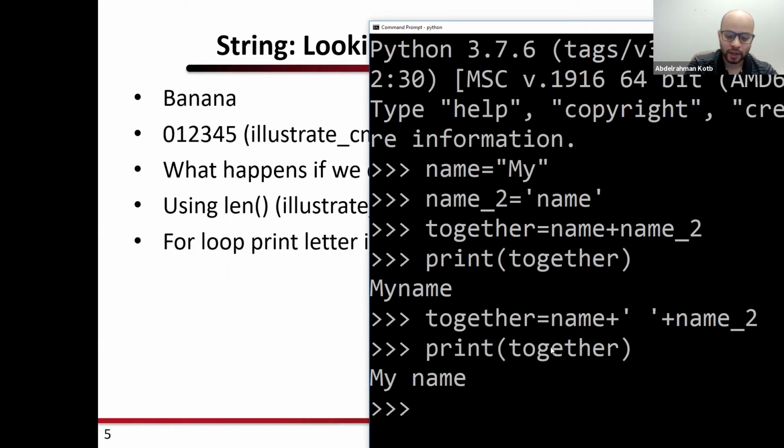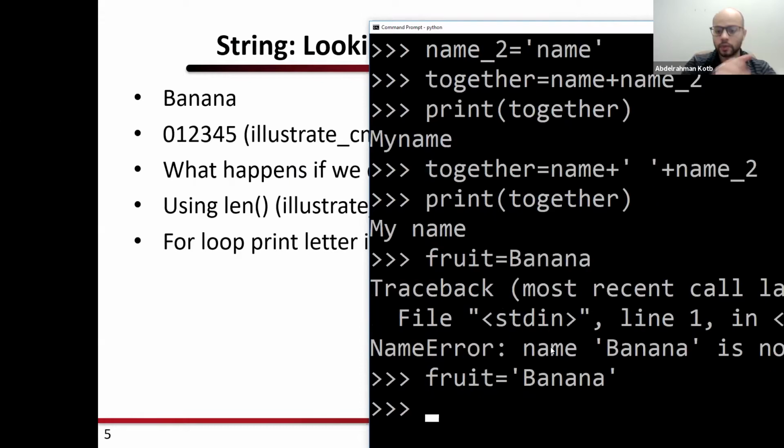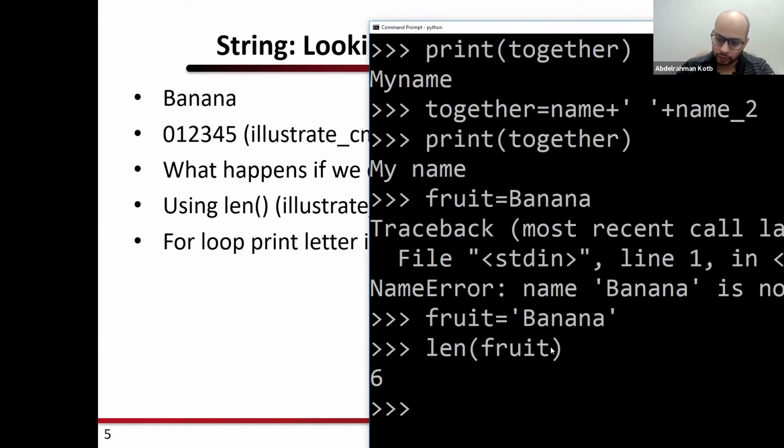So if you have fruit equal quotations, banana. Okay. So length of fruit is 6. Down here, 1, 2, 3, 4, 5, 6. So we have 6 letters.